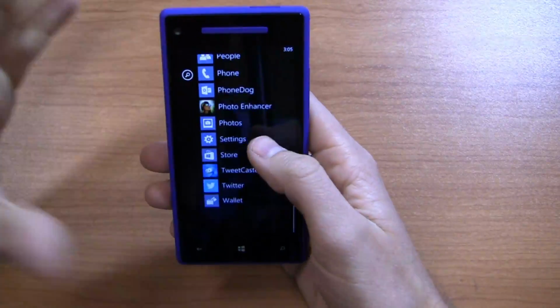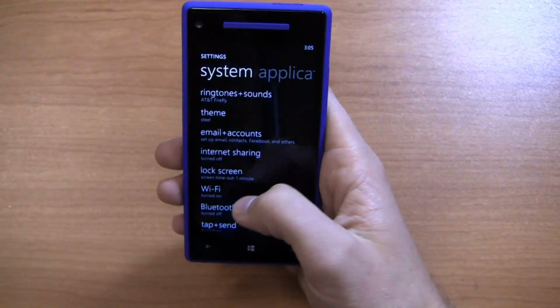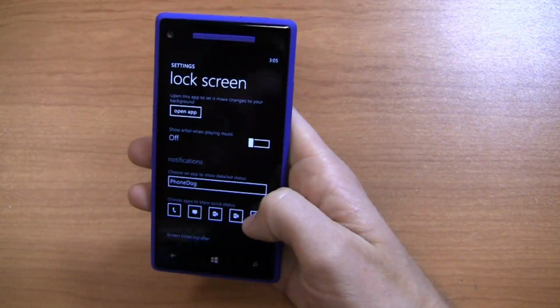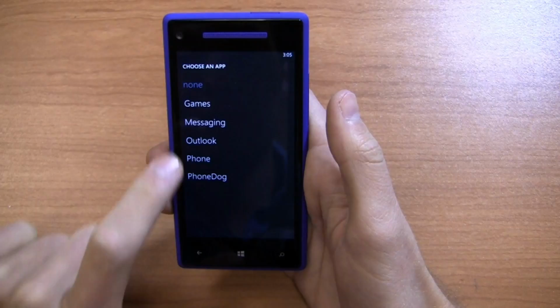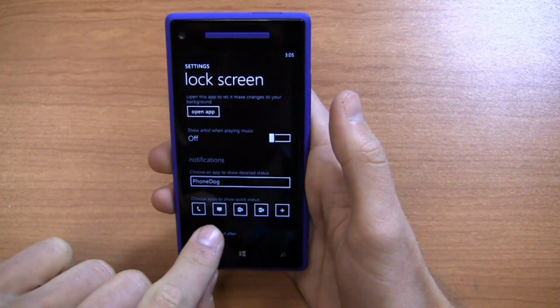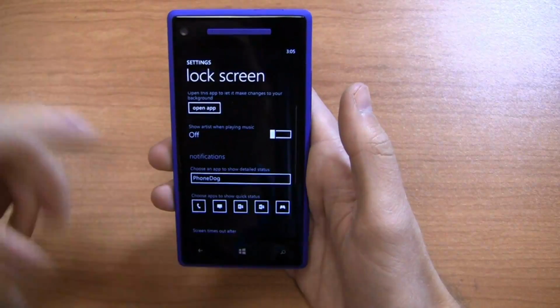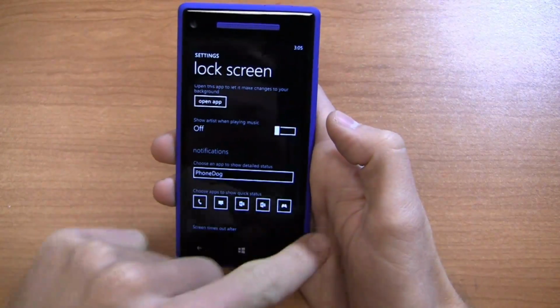The shortcuts like messaging, various email accounts, and more. And you can customize that. If you want text messaging to be your preview, you want to see more of, it's all about what you want to see more of. If you want to see more of your text messages before you go out of the lock screen, you can customize that. And of course you can choose apps to show quick status as well. So take a look, for example, I can change this one to phone, and you'll see that one's moving away. So I've got 2 Outlook accounts here. I've got messaging, and I can change this one to games, for example. And those are the 5 things that will show as a quick status at the bottom on the lock screen